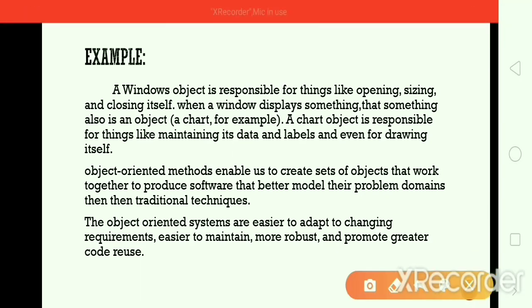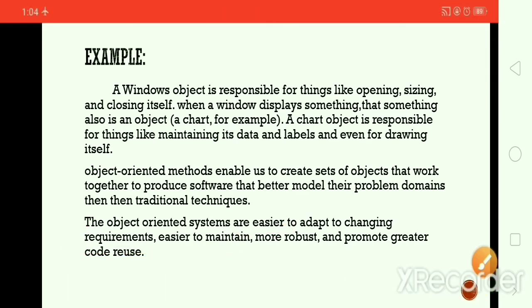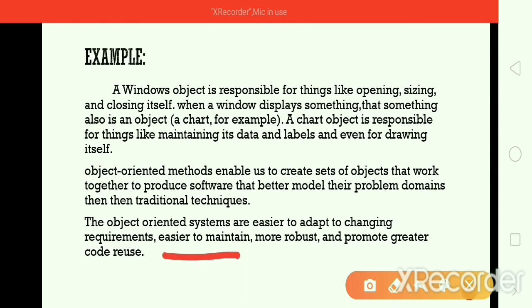Object-oriented systems are easier to adapt to changing requirements. For example, if you develop a software application and want to change any one feature, that can be changed very easily, and it is easier to maintain, because here we have independent objects that encapsulate data and methods inside of them.